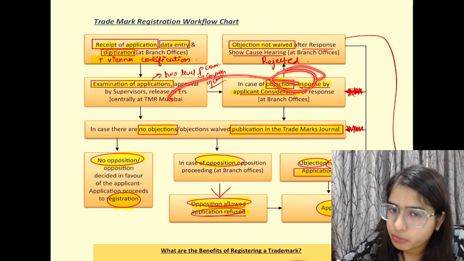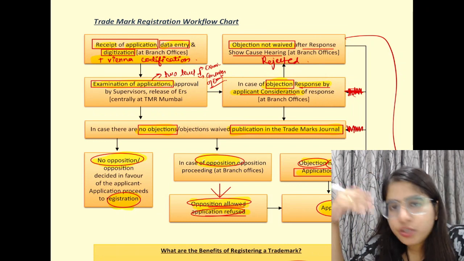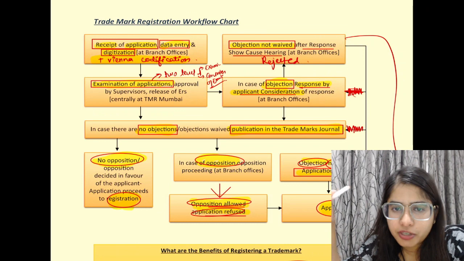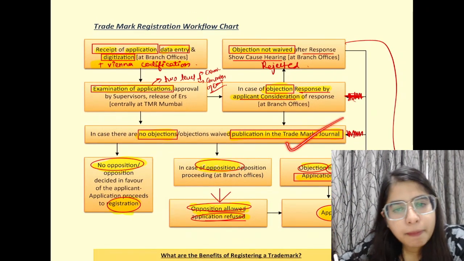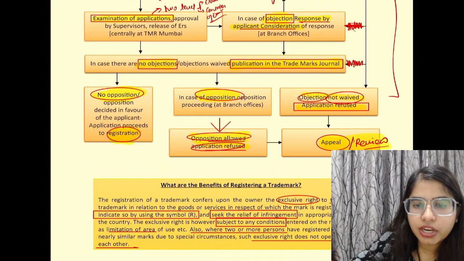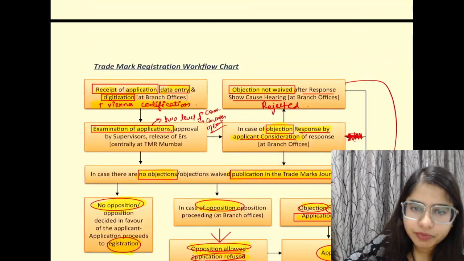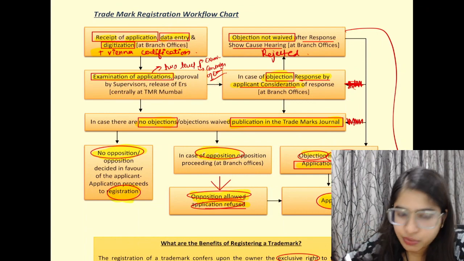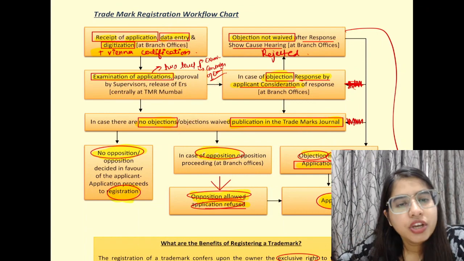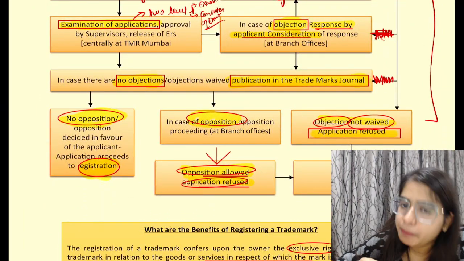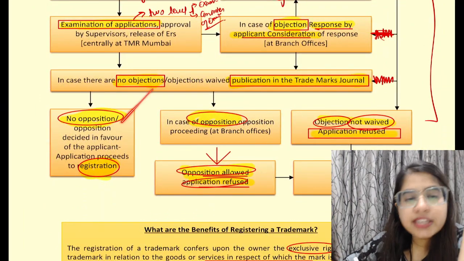However, if they have any objection, they will ask the person to respond. If after the response they are satisfied, they will publish it in the trademark journal. However, if they are not satisfied with the response, they will reject the application, and then you can file an appeal. Now, for the objection by the people, two things can happen: no one has raised any objection,